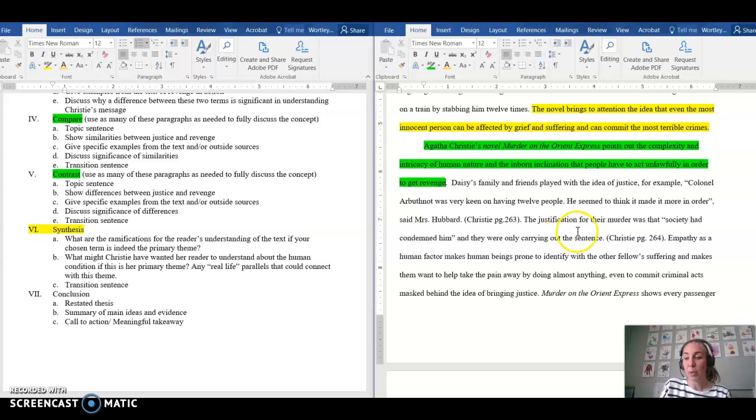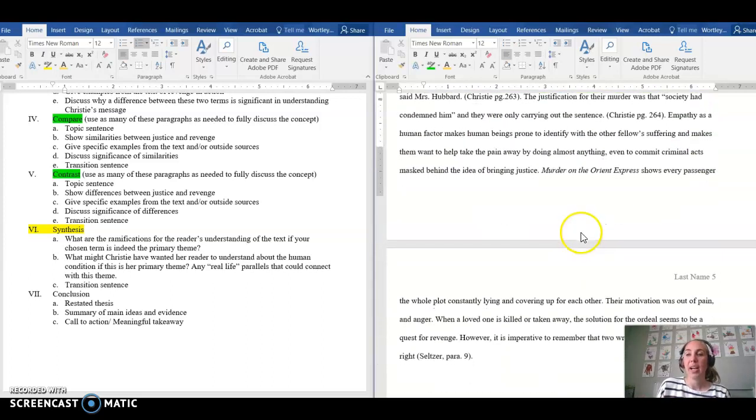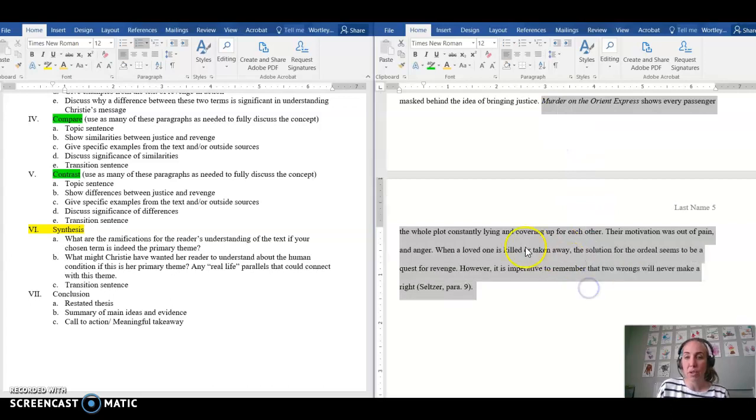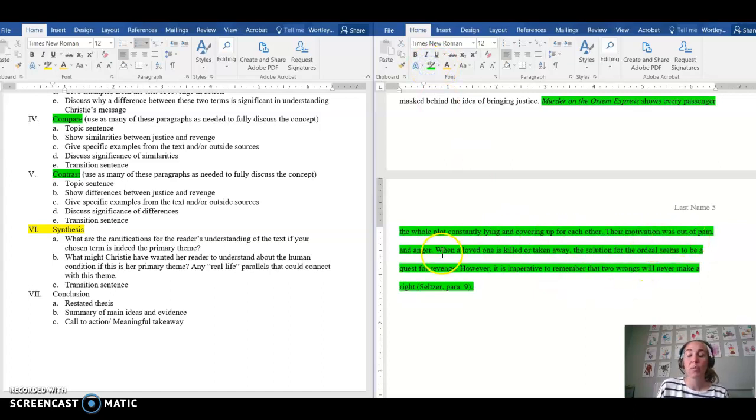Great quotes there to support the idea that the characters thought they were acting out of justice, but us as the reader can see that it was in fact revenge. And then we wrap it up with kind of a call to action and something that leaves the reader thinking at the end of the novel. So Murder on the Orient Express shows every passenger the whole plot, consistently lying and covering up for one another. Their motivation was out of pain and anger. When a loved one is killed or taken away, the solution for the ordeal seems to be a quest for revenge. And I think the emphasis on that seems to be because their closing statement, the thing they want their reader to consider is